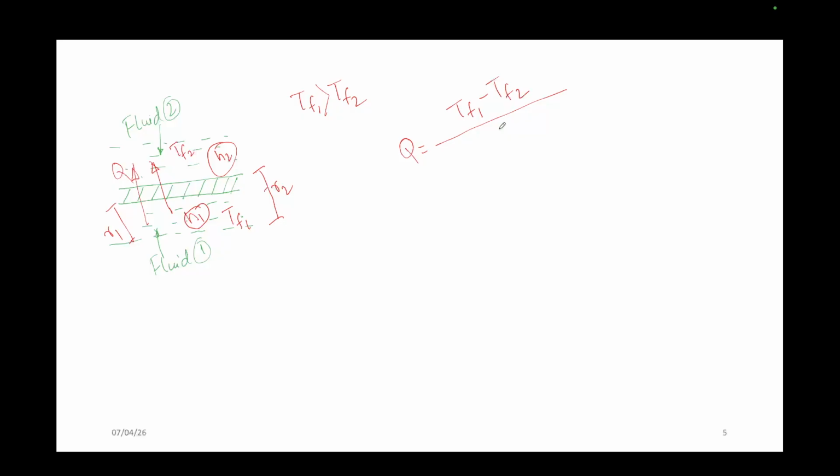You just forgot conduction, I think. Q equal to 1 by H A, can I write? So that one would be 1 by H1 times the area of this inside surface, A1, plus